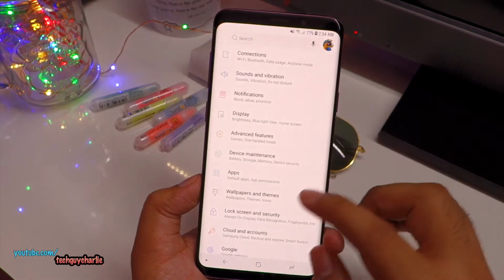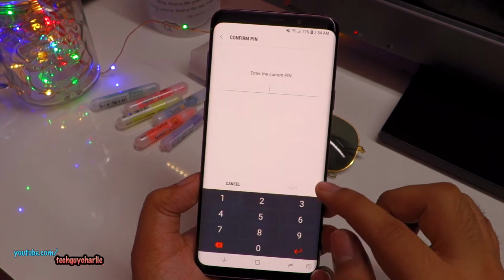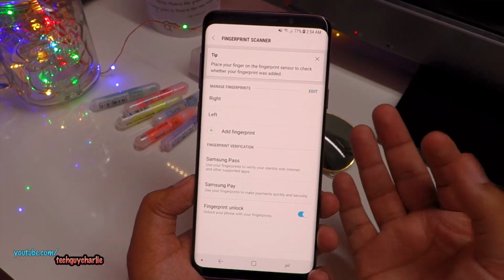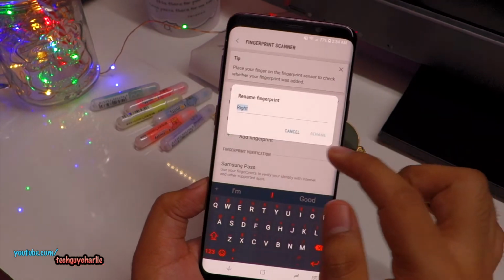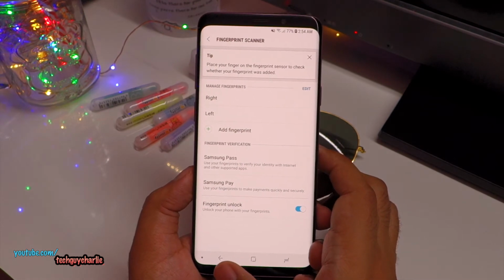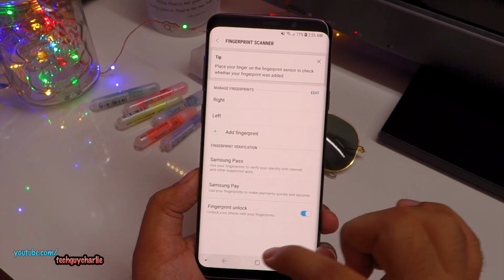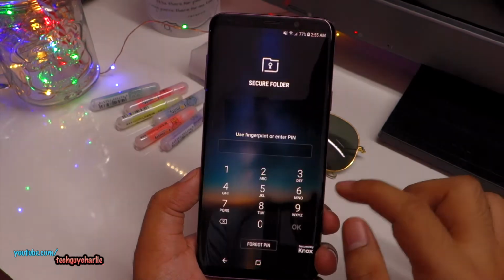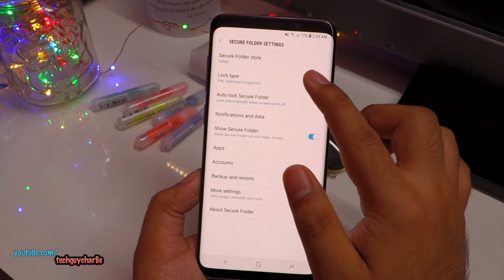So first, go to settings, tap on lock screen and security, tap on fingerprint scanner and register additional fingerprints. Now I have registered my right finger and my left finger over here, and I have renamed them. Just tap on it to rename so that it becomes easier for us to select in the secure folder option. Then once you have registered 2 fingerprints and renamed them, go back here, scroll down and locate secure folder, enter your PIN and then tap on lock type,